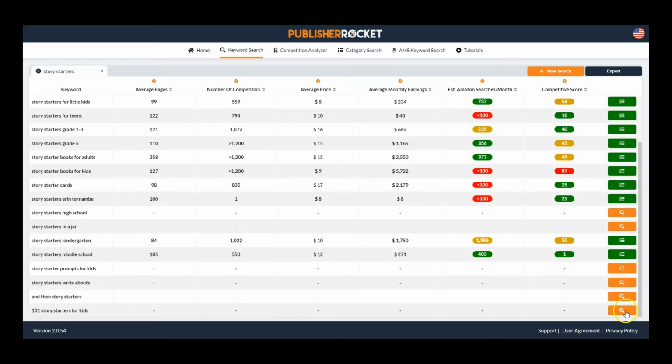Let's just go to here, 101 Story Starters for Kids. That's pretty much the title that we were searching for before. Let's have a look. We've got the average number of pages of these books, the number of competitors, so that gives us some really good information, the average price across these books, the average monthly earnings, the estimated Amazon searches,